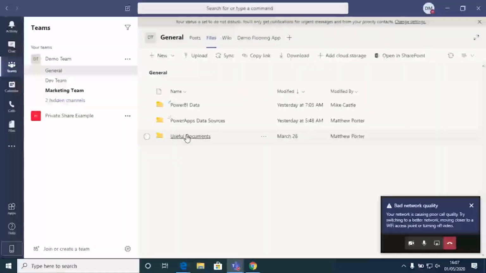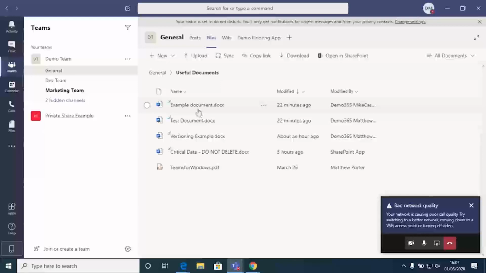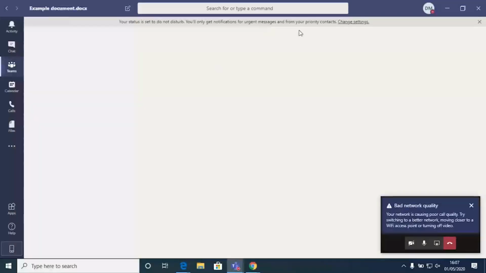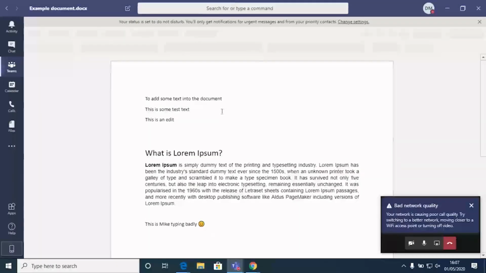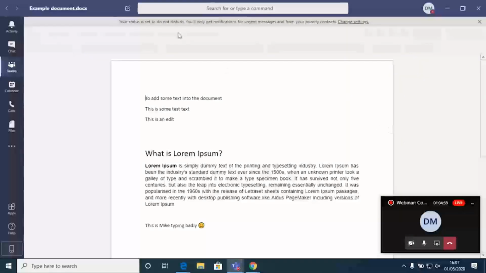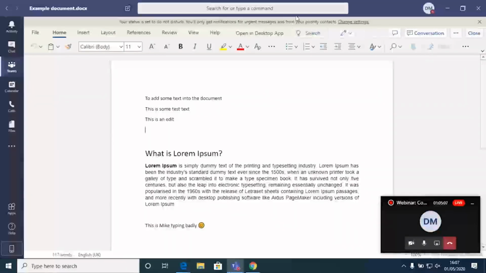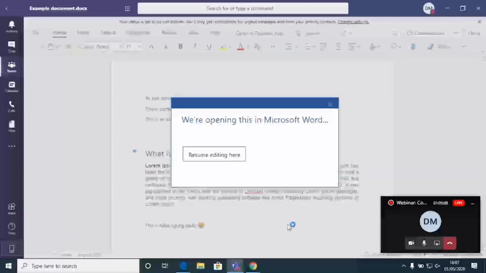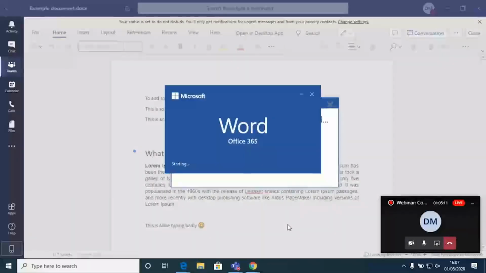If I open up a document, so if I go to the example one we were using, and wait for this to load. It's not an IT demo without something pausing on loading. And then open it in Word.